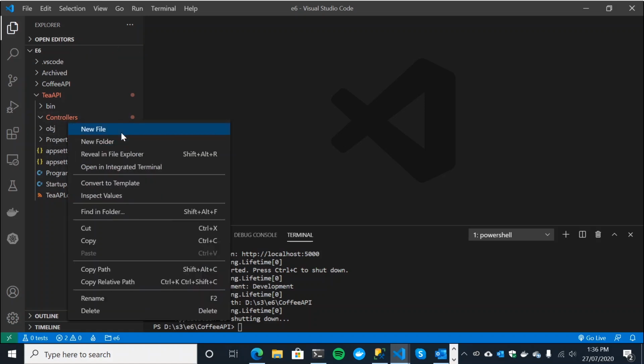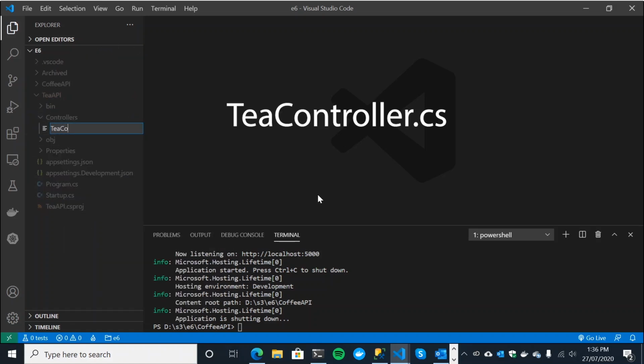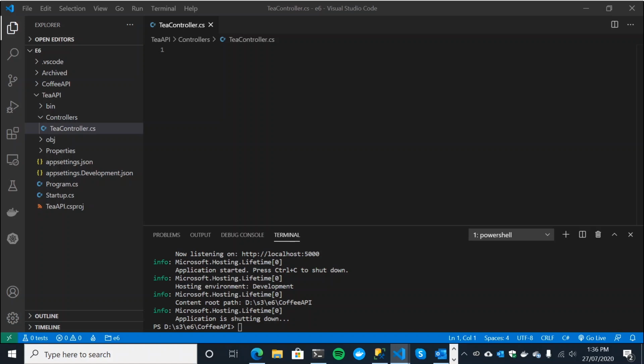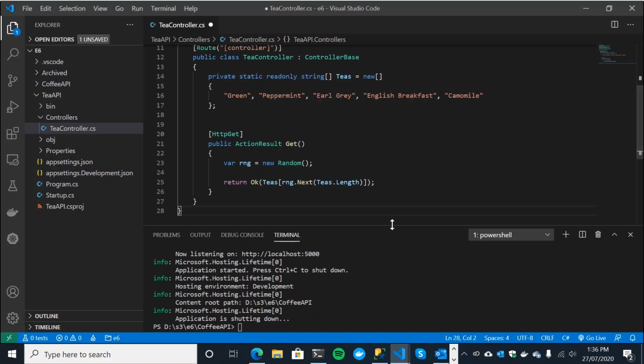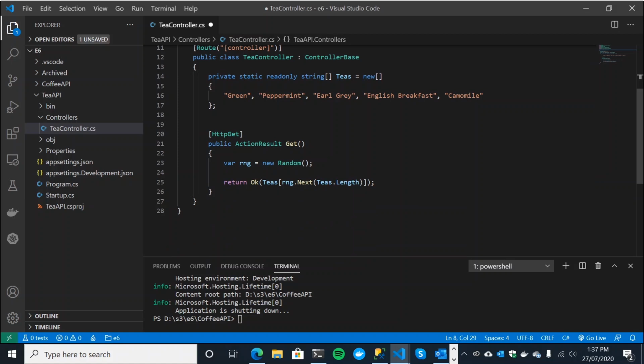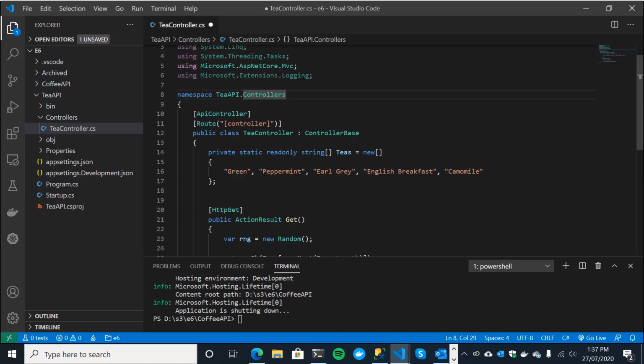And we'll create a new controller, we'll call it TeaController, and it is exactly the same, except, well, I'm fairly sure you're going to know what the differences are. It's called TeaController, so we'll put tea in our URL when we browse to it. It's got exactly the same get action result. And then we just have some different tea types here.